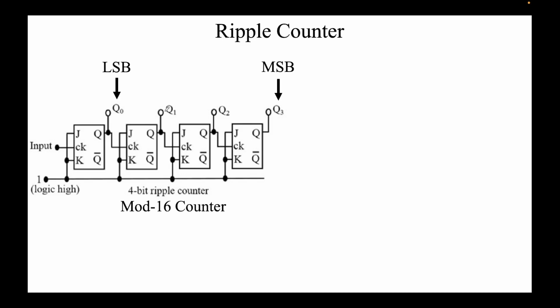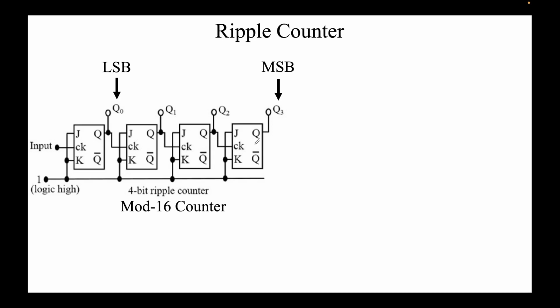We have used 4 flip-flops. This is a 4-bit ripple counter. This is the ripple counter circuit, and Q0 is the least significant bit and Q3 is the most significant bit. Again, to emphasize, the output of the first flip-flop is the clock of the second flip-flop, which you can see in all the 3 cases here. And J and K are set to high. So this means